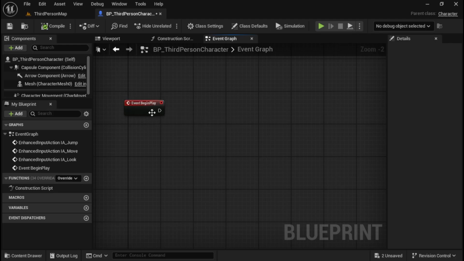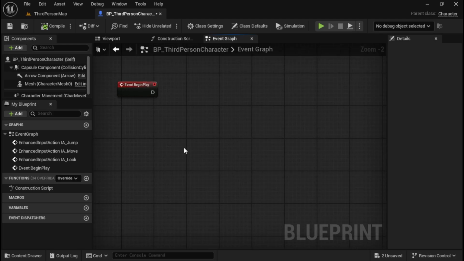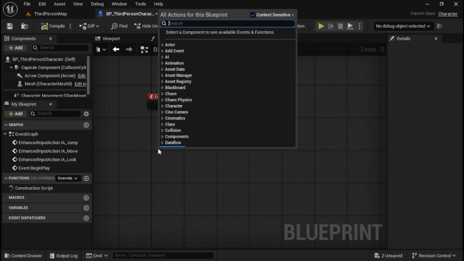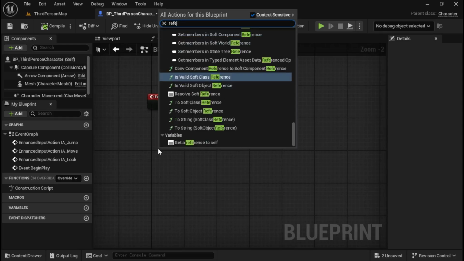So as soon as it spawns, it'll start running this event begin play right here. So what we'll want to do is we'll need to take the name that the pawn spawned with, and we'll need to pull it apart so we can get the index out of it. Fortunately, the index is the last character on the name, so we just have to go through it a little bit backwards. So first off, we're going to get a reference